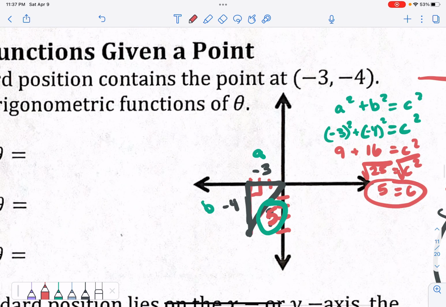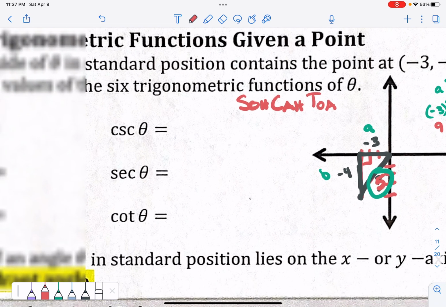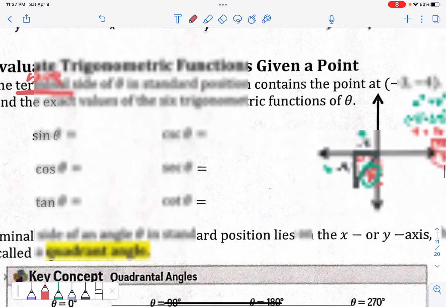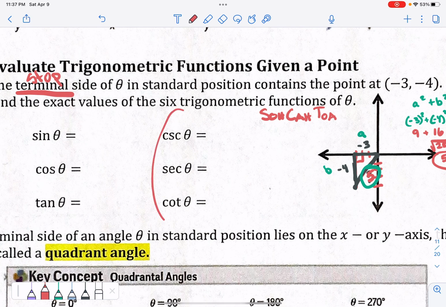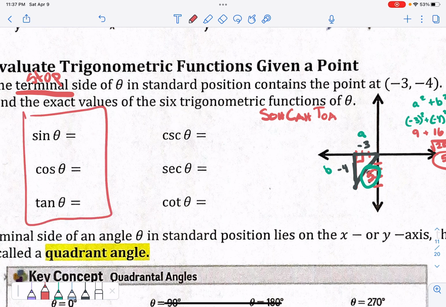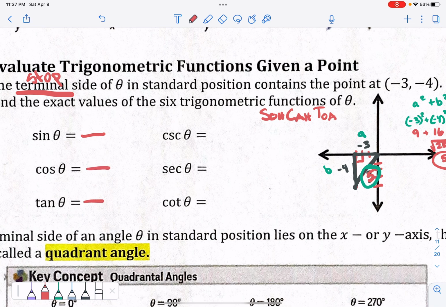All right, now what I want to do is I want to do SOHCAHTOA and find out what just my fractions are. So SOHCAHTOA. I'm going to do just my fractions for sine, cosine, and tangent, and then we're going to flip them to do these. So don't worry about these for right now. We're going to do these three first, okay? So sine, cosine, and tangent, all right? They're going to look like fractions, so I'm going to make a fraction bar for each one of these,